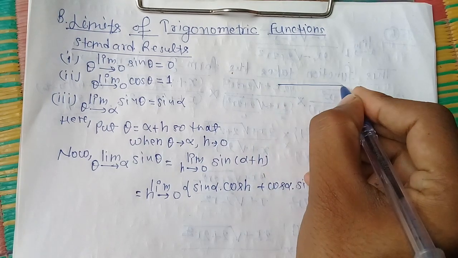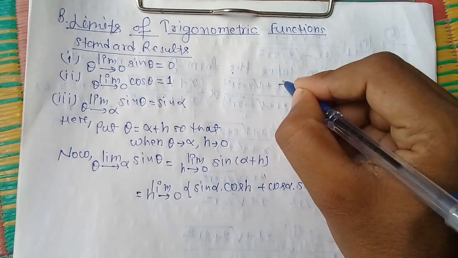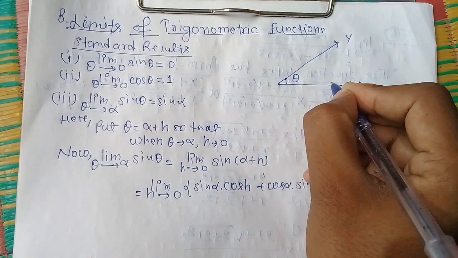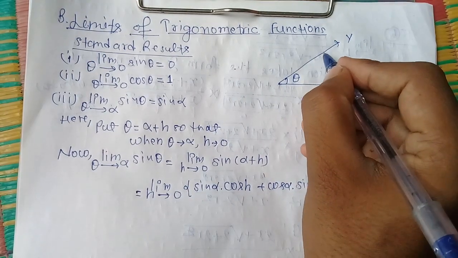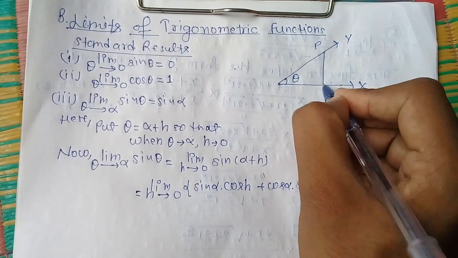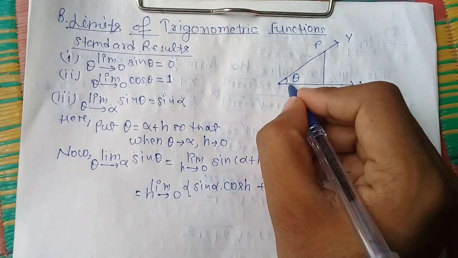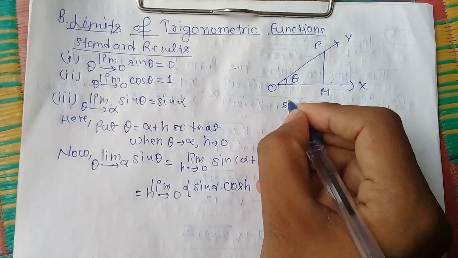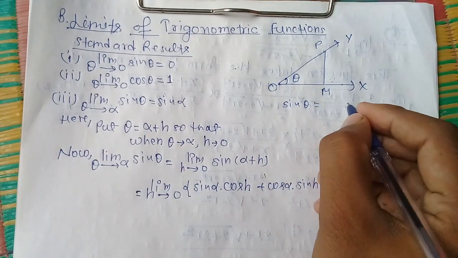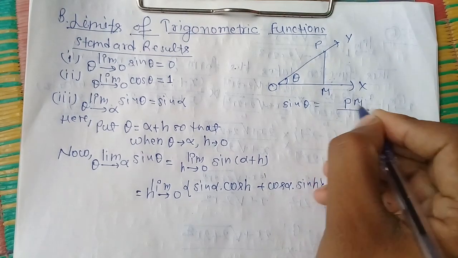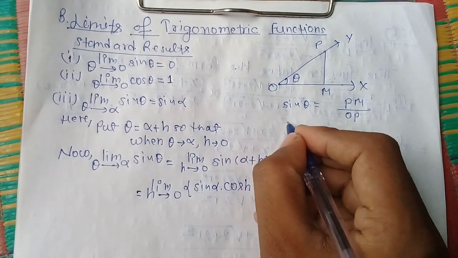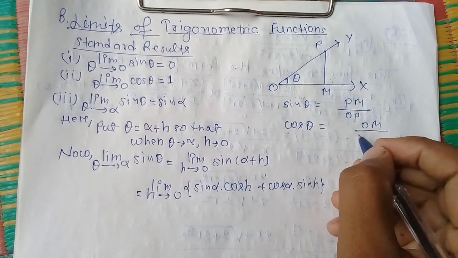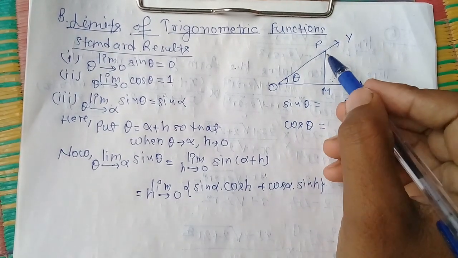Let this be x and y axes. This is theta, and here let us choose any point P and draw a perpendicular PM perpendicular to OX. So now what is here? Sin theta is equal to PM by OP and cos theta is equal to OM by OP. अब यसमा के हुन्छ भने